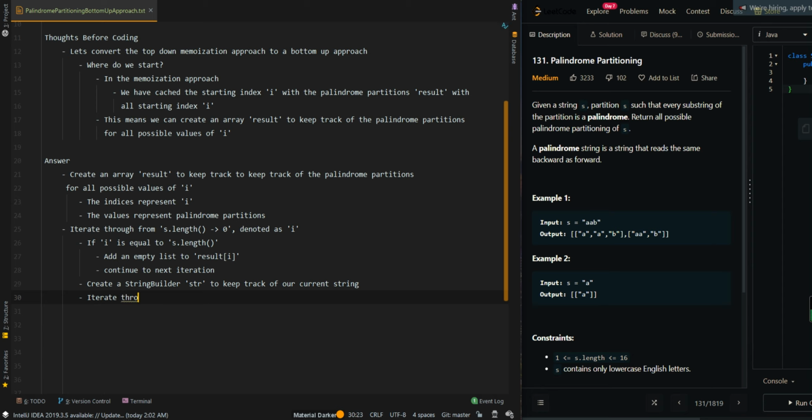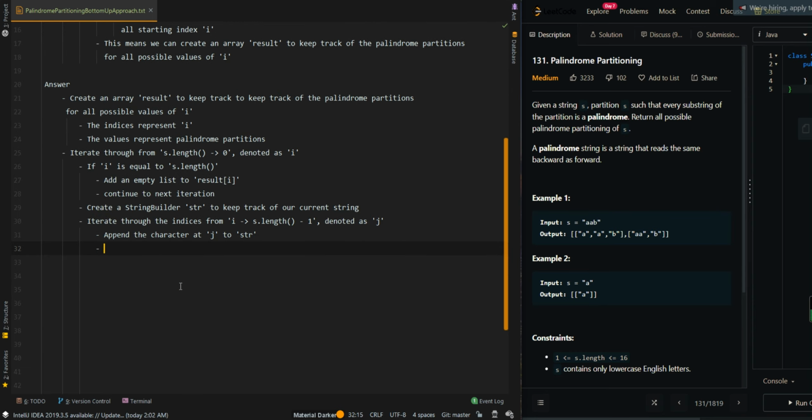Then we're going to iterate through the indices from I to s.length minus 1, which we're going to denote as j. We're going to append the current character at j into our string builder, and then we're going to check if our current string is a palindrome or not. If the current substring from I to j is a palindrome,